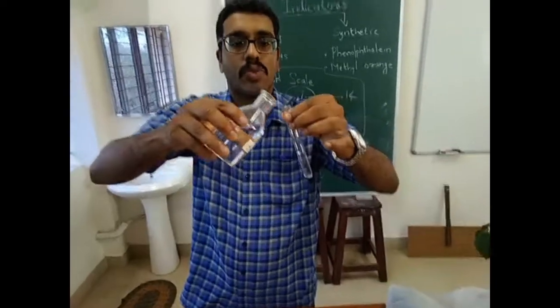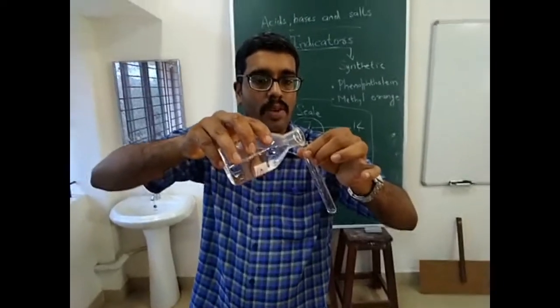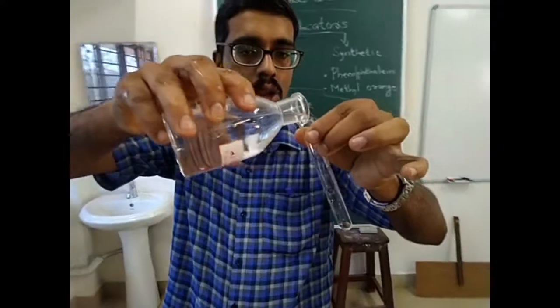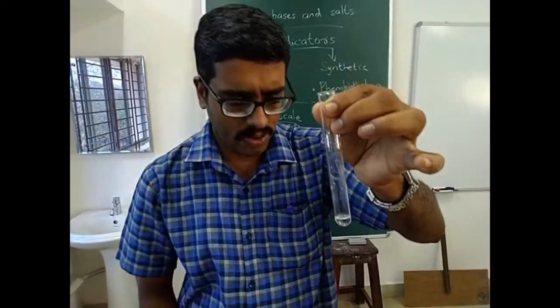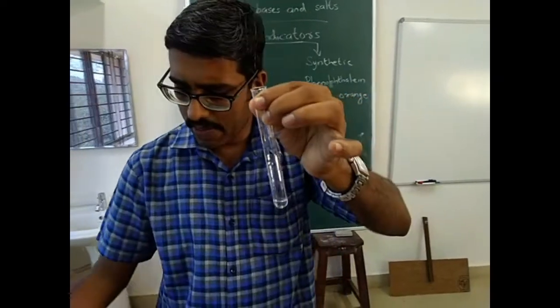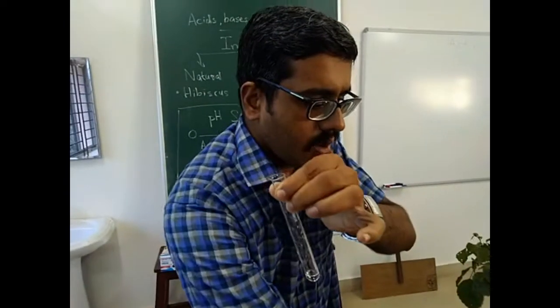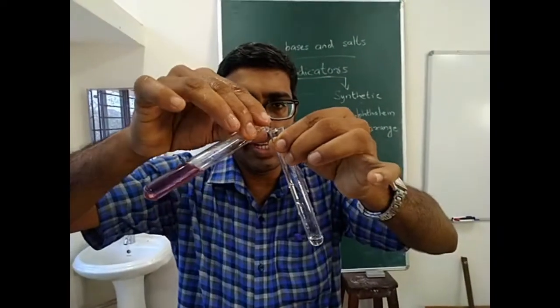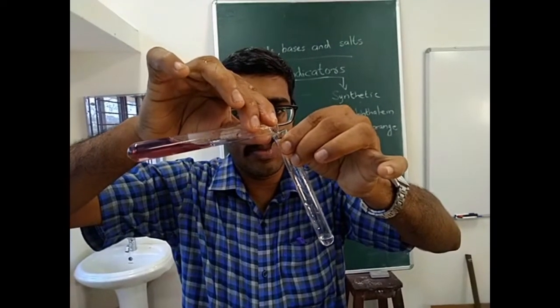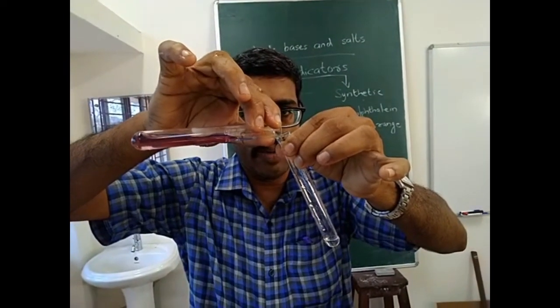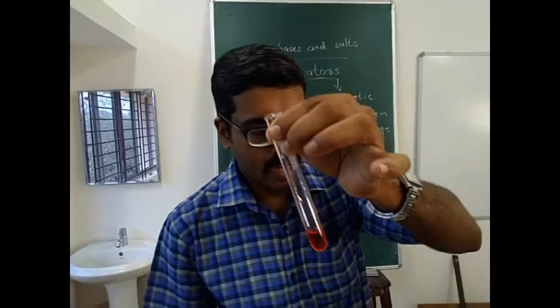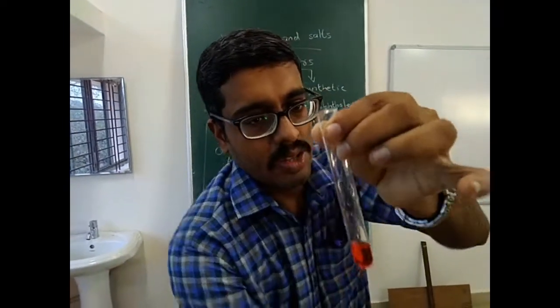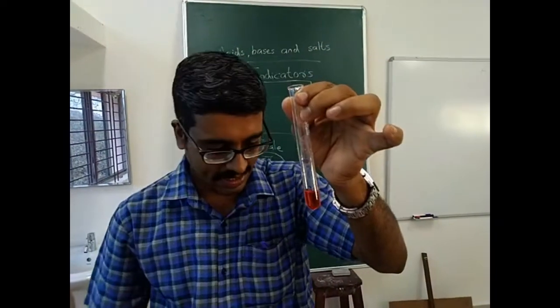I am having a test tube with me. I am pouring dilute hydrochloric acid into the test tube, not 5 ml, around 3 ml only. Then I am using our hibiscus solution. You can see the color change. Slowly I am tilting. Okay, now it is somewhat reddish orange in color. So it indicates that the solution is acid.